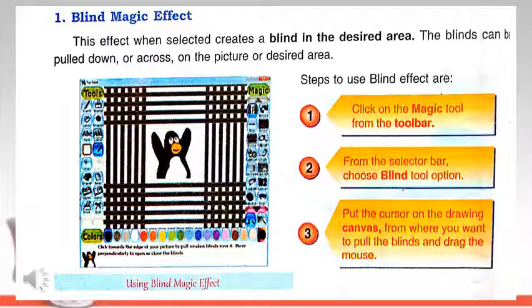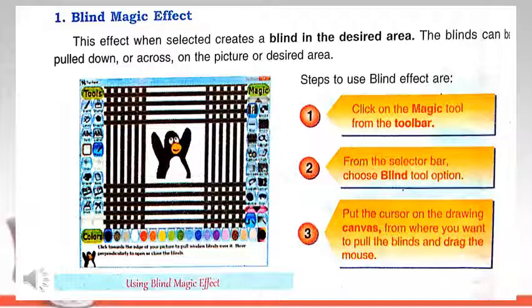So the first one is the blind magic tool. This effect when selected creates a blind in the desired area. The blinds can be pulled down or across on the picture or desired area. To use the blind tool, follow these steps.